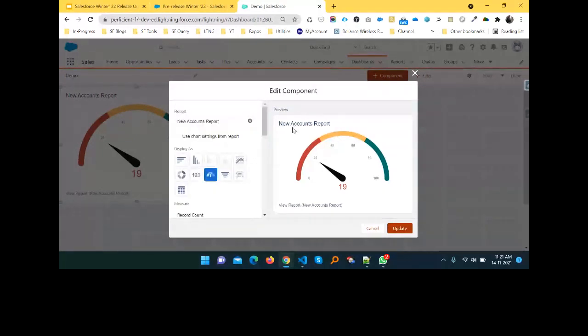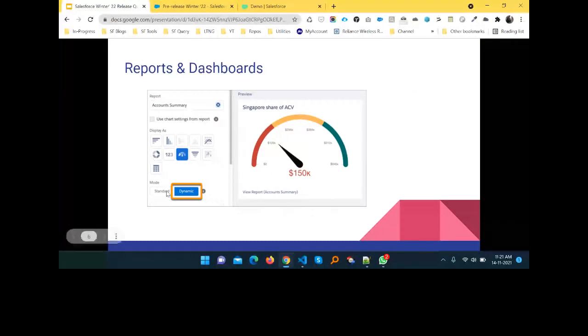So this is all about this one feature. This is the first feature. After that, these Dynamic and Standard buttons will come after this release or maybe the next release.